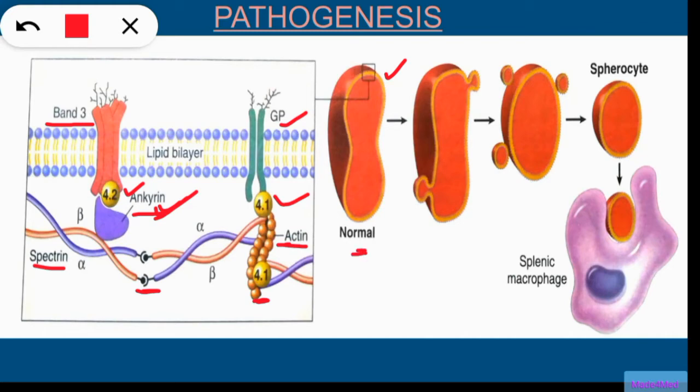This is a normal RBC. The early RBC is nearly normal in shape, but as it ages in the circulation, it begins to shed membrane. There is more shedding of membrane relative to the cytoplasm, so it has to take a shape which has the least diameter. So it takes a spheroidal shape and becomes a sphere which is trapped in the splenic cords, causing it to be phagocytized by the splenic macrophage.